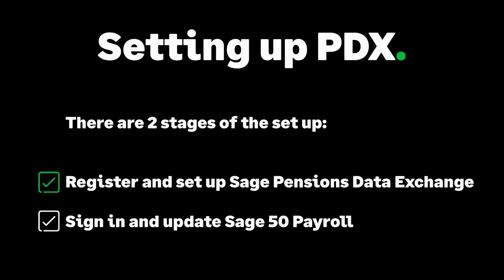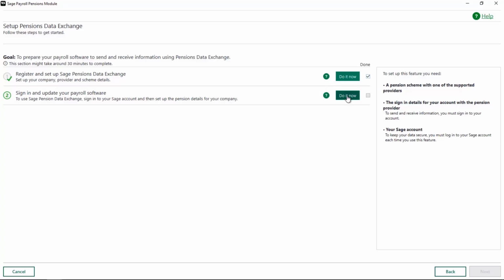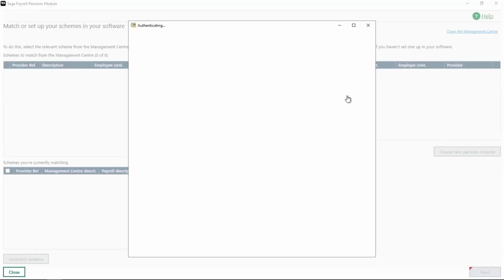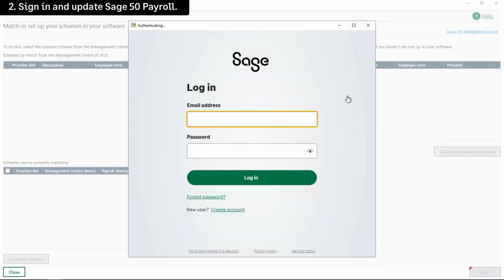Now the second step is signing in and updating the payroll side of things. So I'm going to click Do It Now on step 2, and this will go back into payroll. This will load a login screen, and this is the login that you have used to log into the management centre. This is going to retrieve your schemes from the Pension Data Exchange so you can then match them up to your payroll schemes. So you can see when I log in,